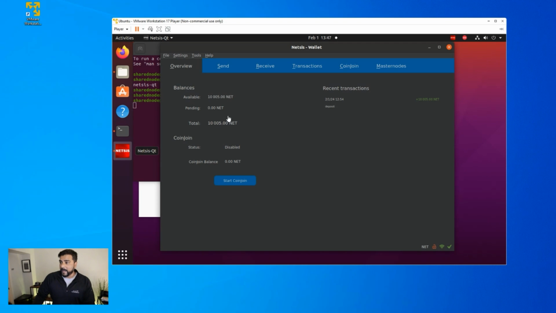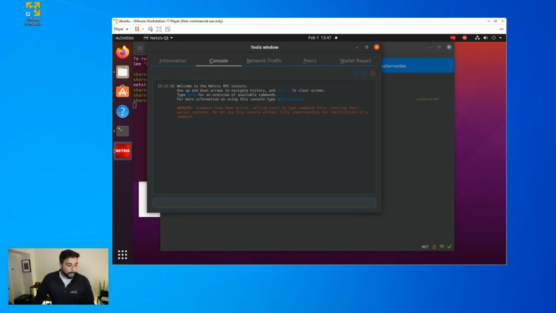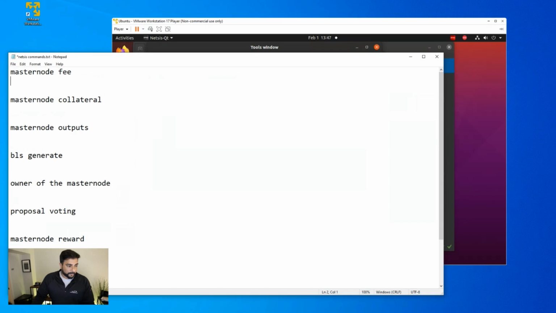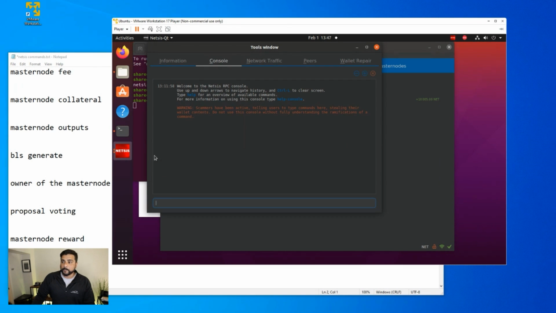All right, so we have our collateral now in here, 10,005, and that 5 will be for transaction fees. We're just going to pop open this sheet that I have over here. This is a text file. We're going to be running through a few commands, and we're going to be gathering some data addresses and so on. The first thing that we're going to do is get the master node fee address,